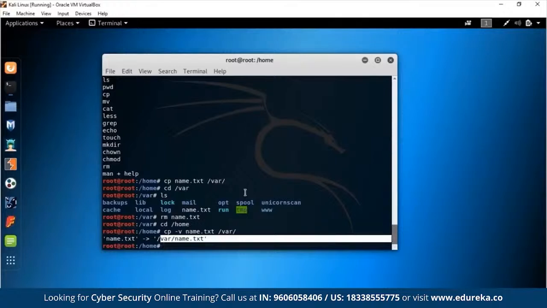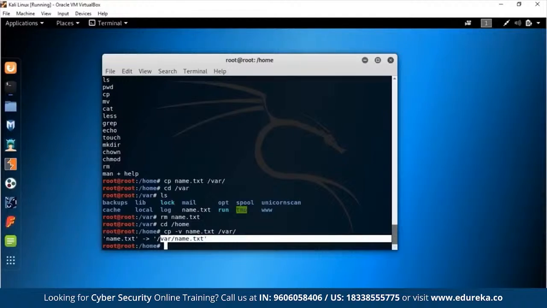So this is a very good way of knowing what is actually happening, because if you do it without the verbose part, and suppose name.txt was just a 20 GB file, you just don't know if it has finished or not. If it's a 20 GB file, it'll continuously update you on what is being copied. So basically, all you have to do is type -v if you want to know where your file is being copied and the exact path.